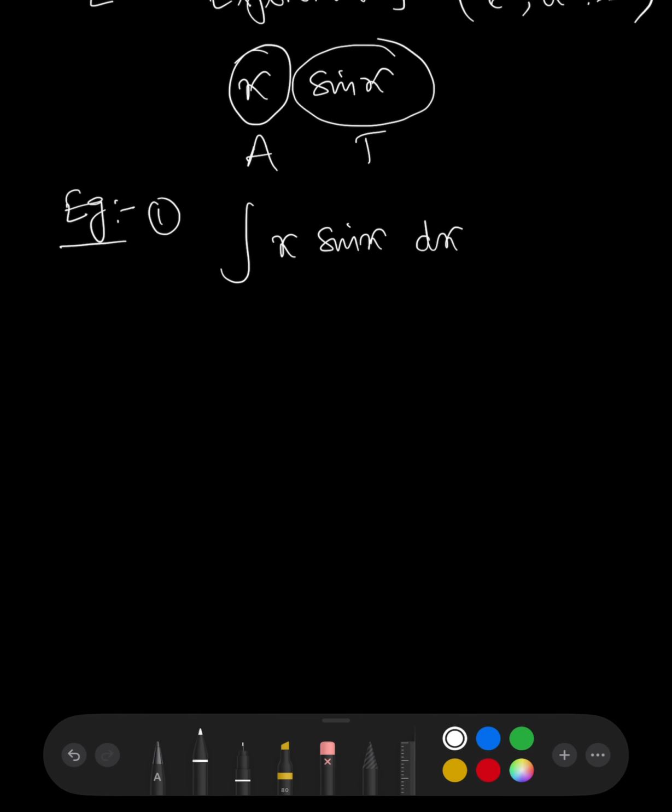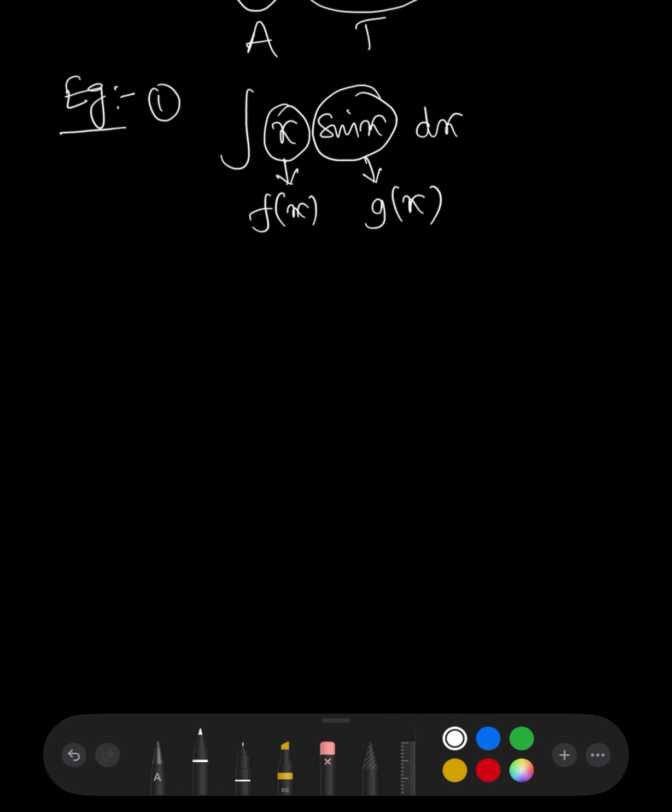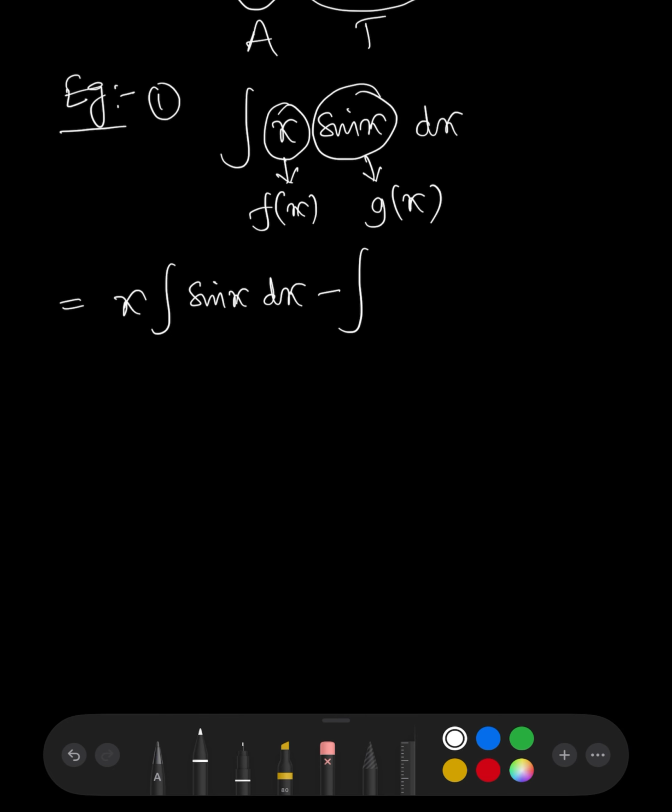So this is f(x) and this one is g(x). Now, using the formula, I can substitute the respective values: x into the integration of sin x dx, minus the integration of d by dx of x into the integration of sin x dx,